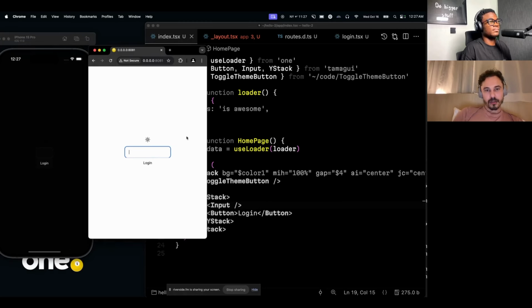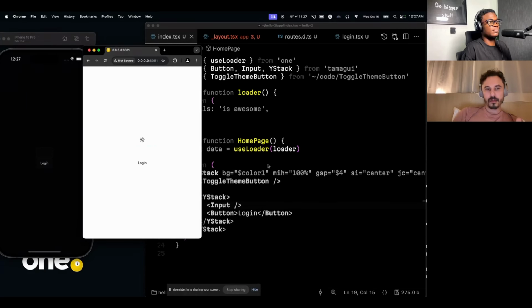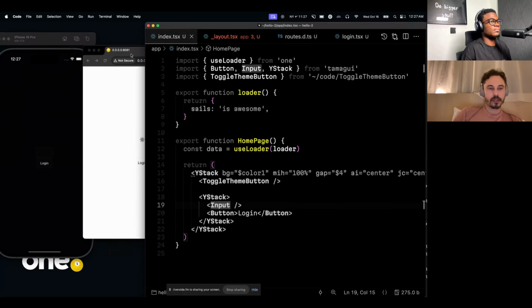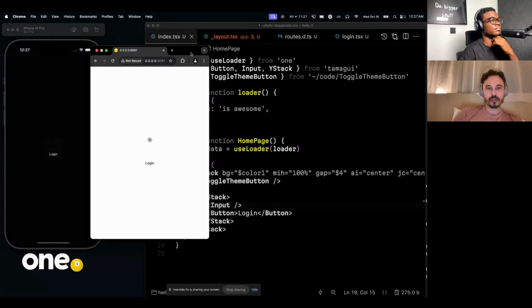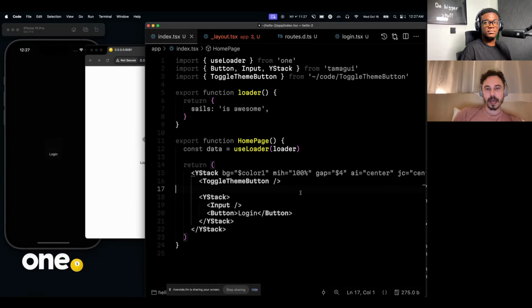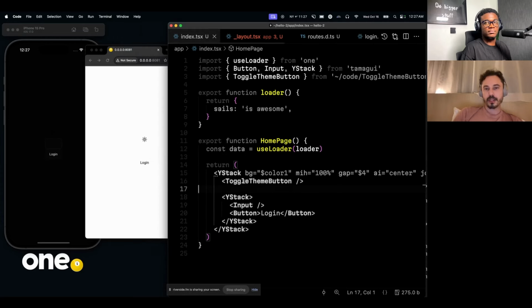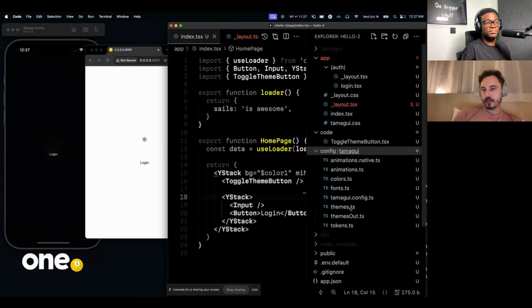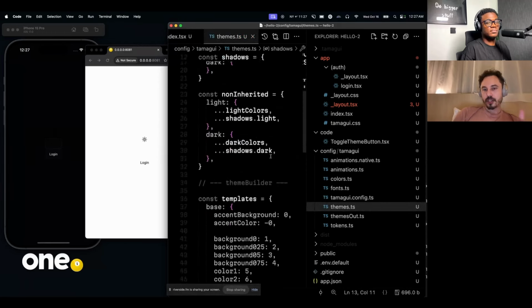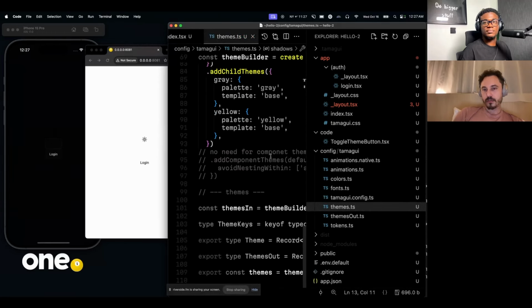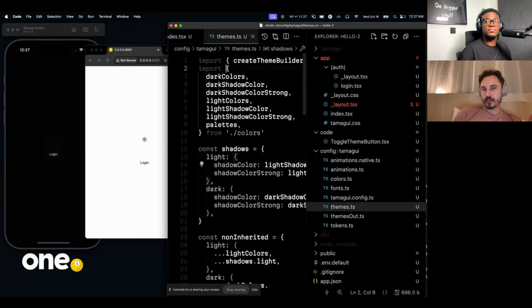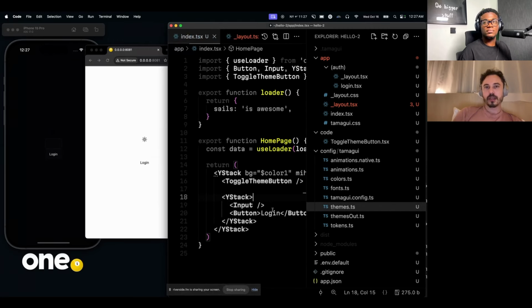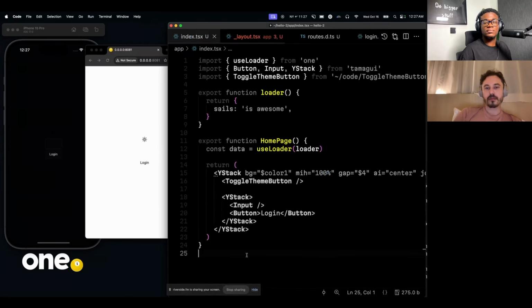So we've got really bad styling, but that's just because we haven't done much. And Tamagui is actually not that opinionated out of the box. You can customize these themes. You can customize it on the theme level. So we've got these themes, and I'm actually just using a bunch of the defaults. I don't want to go in and explain a bunch of crazy stuff here, but we're building up a very fun, more advanced one. But I think it's much better just to kind of, what is annoying me